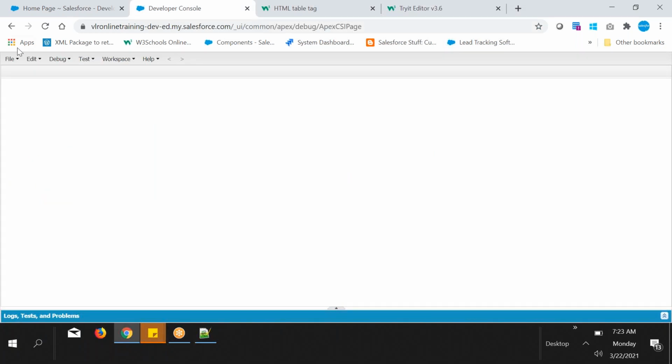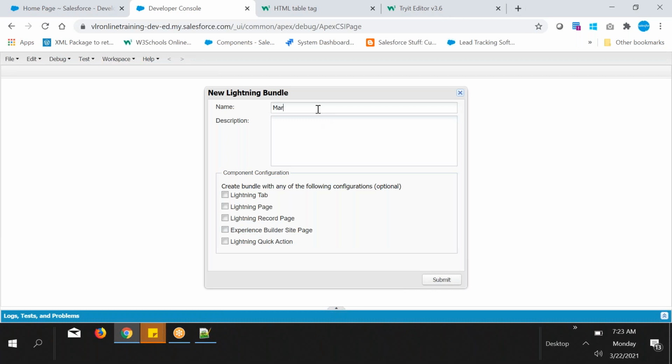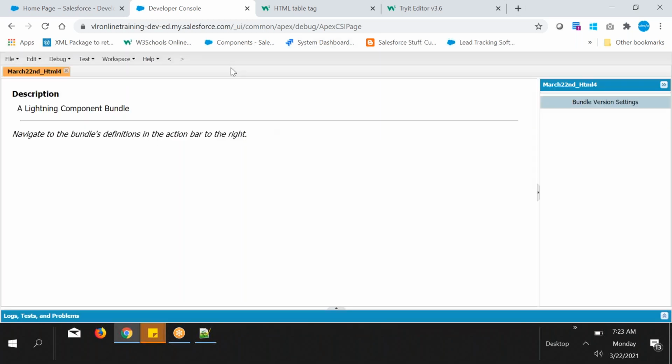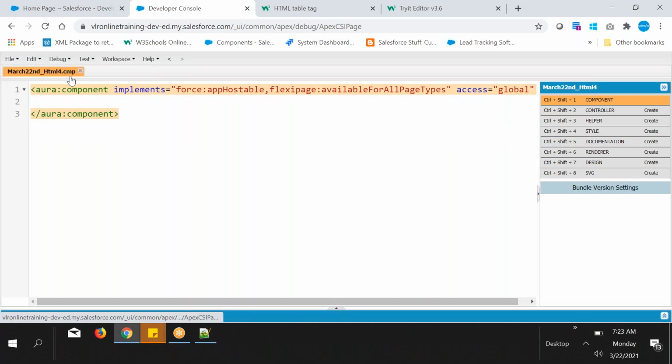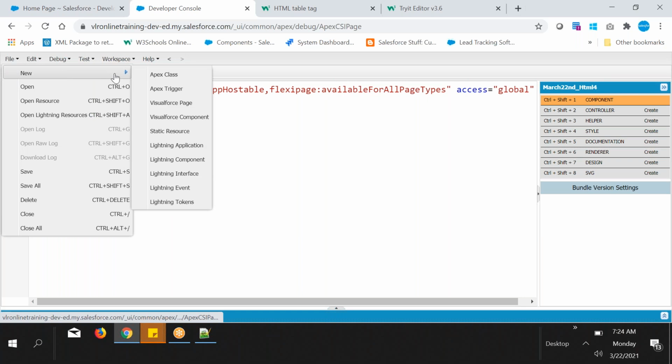Okay, yeah, let's create a new Aura component. We will see table here itself. March 22nd, HTML 4th class. Next, okay, so create a lightning application.